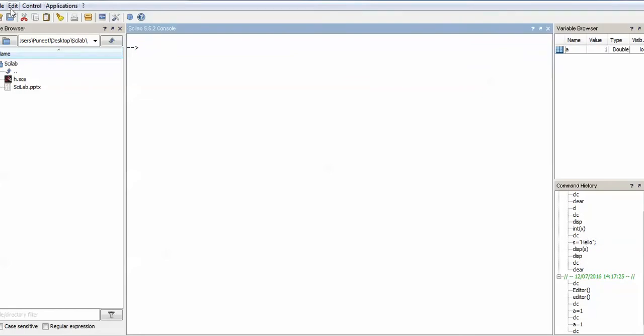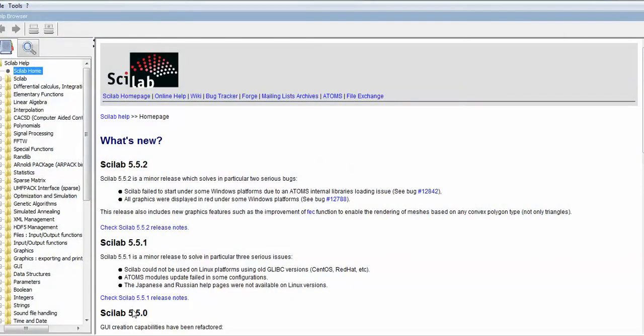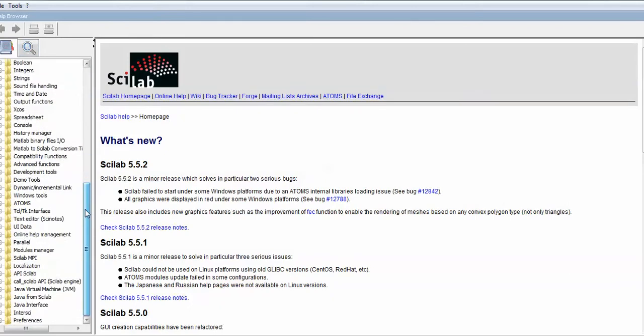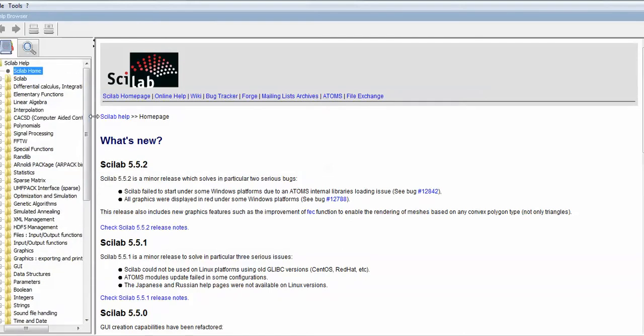In the header you can see that there is a help command. You click this, Scilab help is there. Or you can use F1 for Scilab help. If you click on this, another window will open like this, Scilab help, and you can see that there are several topics. The library of Scilab is also rich. It's not the same as MATLAB, but there are several things which are the same as MATLAB. I am just interested in those things.